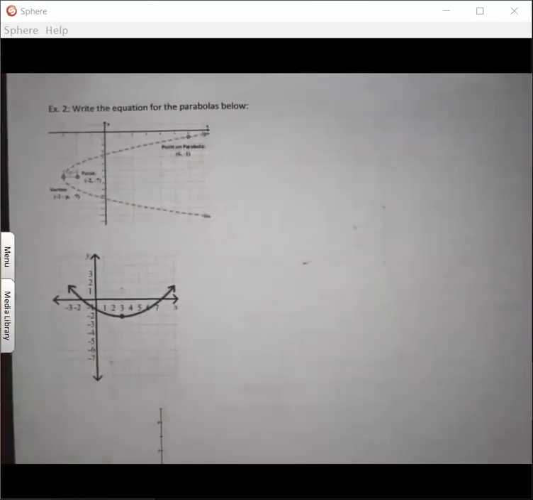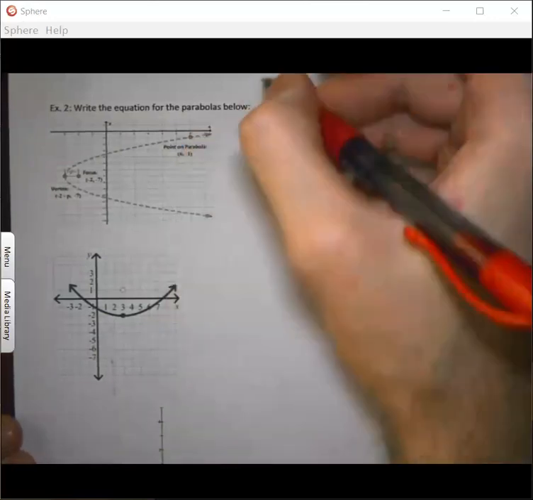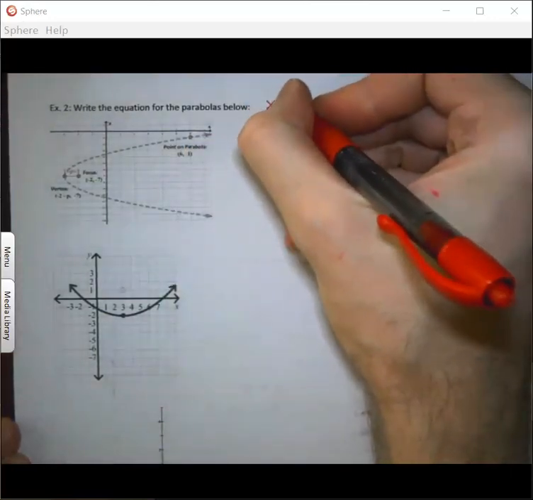All right, so for our next examples, we're going to go the other direction. We're going to be given a parabola, and we want to write the equation. So first step again, we want to identify if it's opening left, right, up, or down, and write down the proper equation. So this is opening left to right. The equation would be x equals